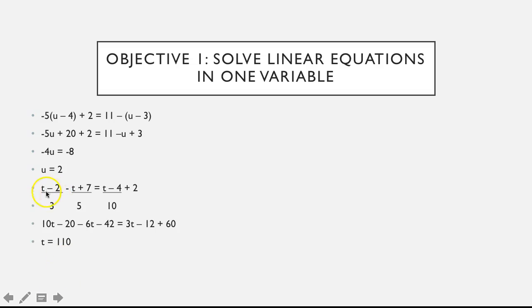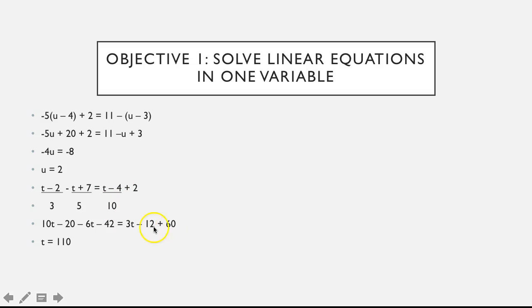And when you do all of the multiplying, 30 divided by 3 is 10, so that's how you get the 10t minus 20, because you distribute the 10 in. 30 divided by 5 is 6. Remember, that's a negative 6, so when you distribute in, that's how you get the negative 6t minus 42. And on this side, when you multiply by 30, you're left with 3t minus 12, and then 30 times 2